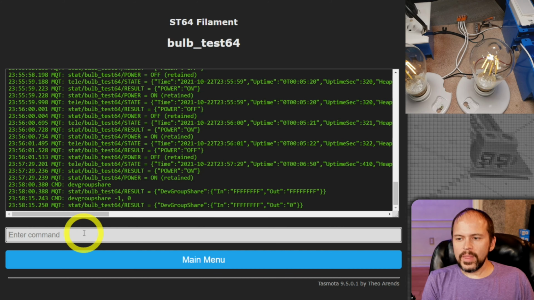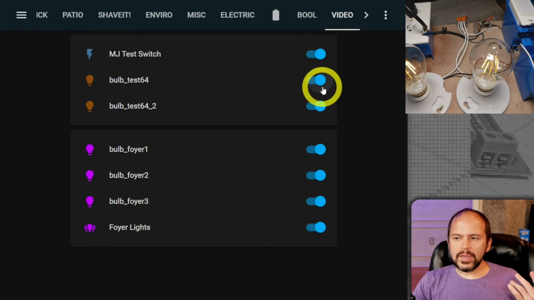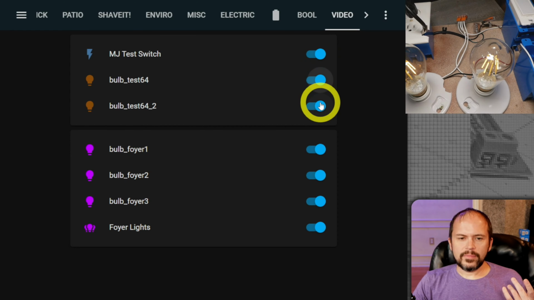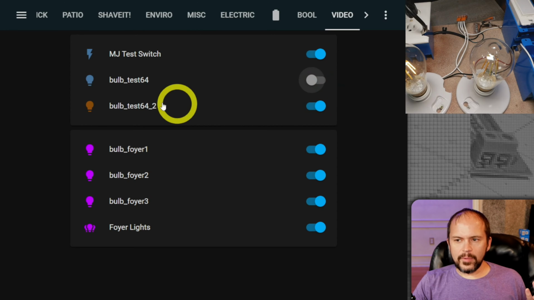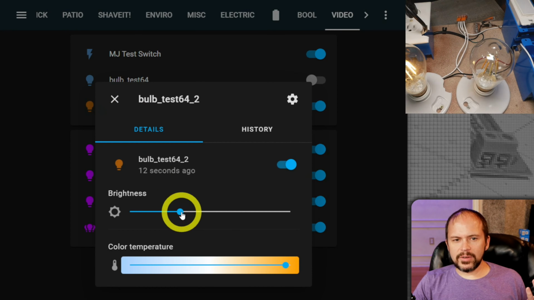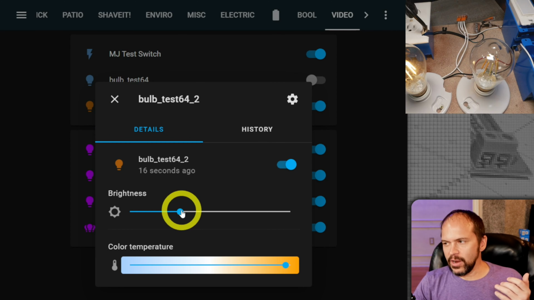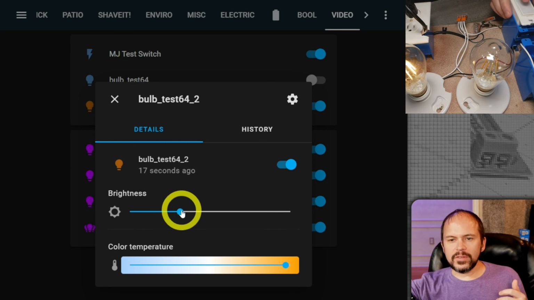They all turn on and off. Good deal. Well, I want to turn one bulb off. And there we go. I can turn one bulb off. And of course, I can even turn the brightness up on just one bulb, and it does not share. And if I push the button, it will turn them off. And then if I push it, they both turn back on, because the switch sends everything out and they listen